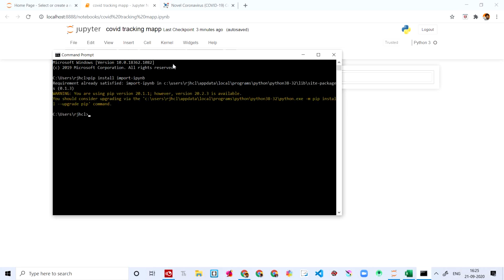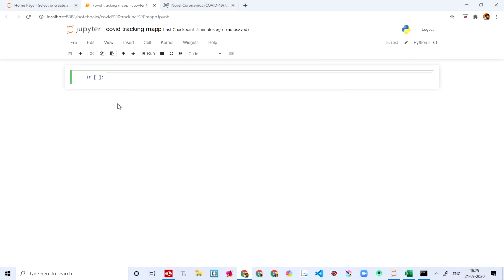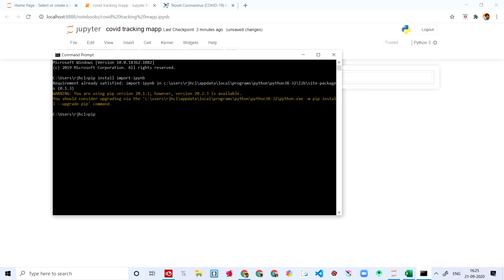Mine is already installed, but yours will take some time to install. Here we're going to import os, and for safety, let's just install os also.